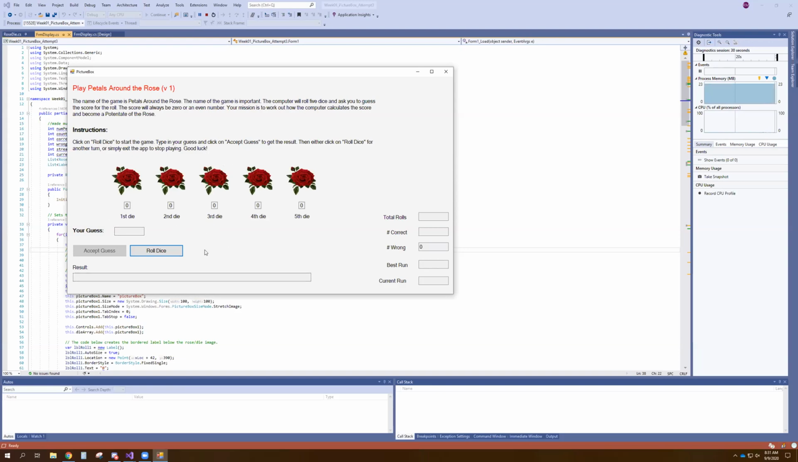So anyway, this goes to infinity. It doesn't tell you you're good at any number, but basically you can hit accept right off the bat, and it's going to tell you incorrect. It'll keep track of your runs, best run, current run,